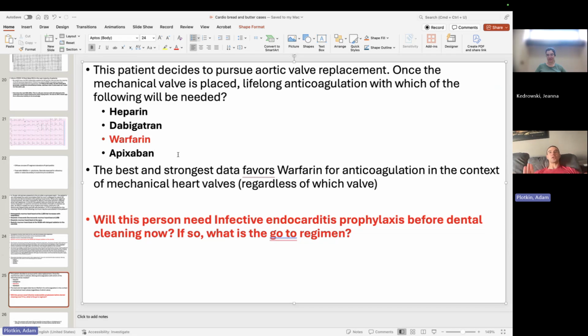But what you need to know for your Step 2 exam, and honestly this would be very important if you end up going into family med, right? You have a patient who's got a mechanical heart valve. As of right now, they need to be on warfarin for the rest of their life, whether it's aortic, mitral, tricuspid, whatever type of mechanical valve. Warfarin, warfarin, warfarin. We usually try to keep the INR between 2 and 3. There are occasions where we can let it slide up a little bit. Those are far and beyond what you need for Step 2.